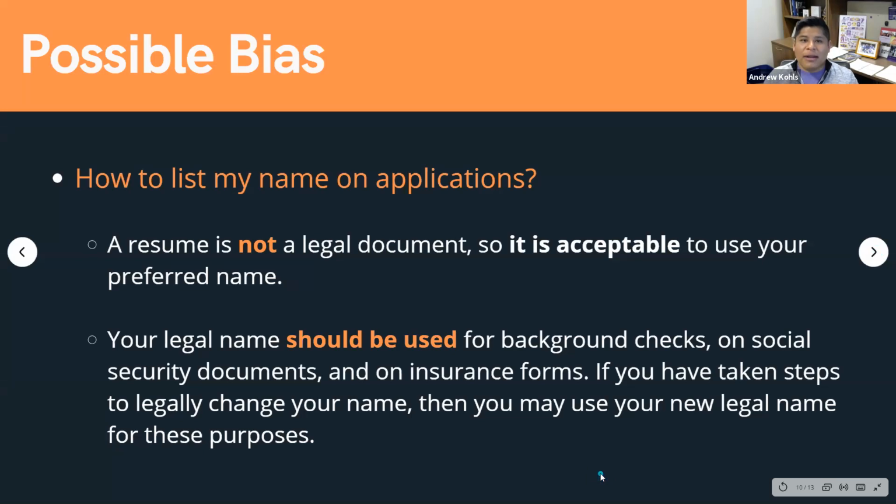Going on to our next topic, possible bias. We know that bias is a real thing when it comes to looking for jobs and applications, even based on something as simple as names. This is a quick section to tell you that you can decide how you want to display your name on your document. Your resume is not a legal document per se. For instance, if you typically list four names on your documents,